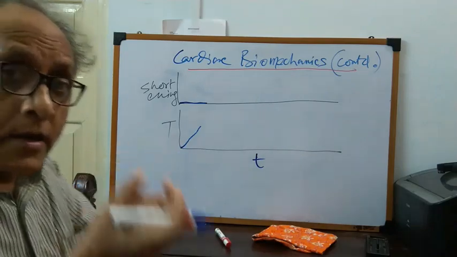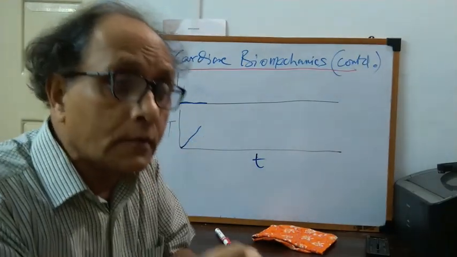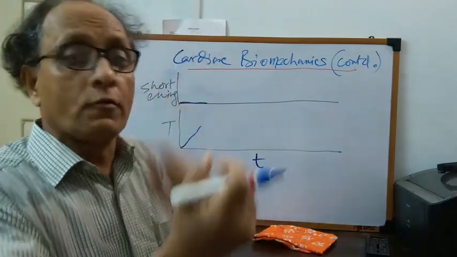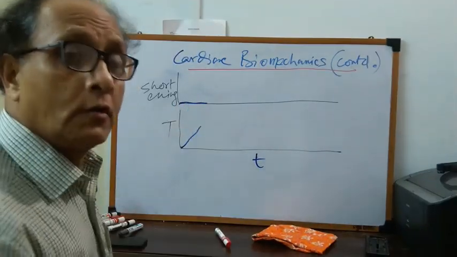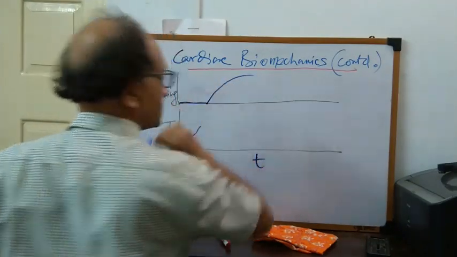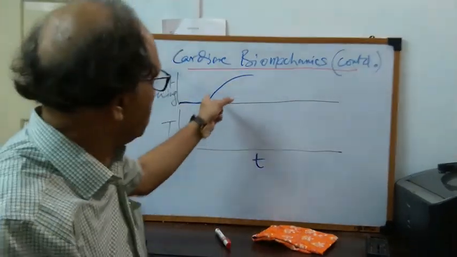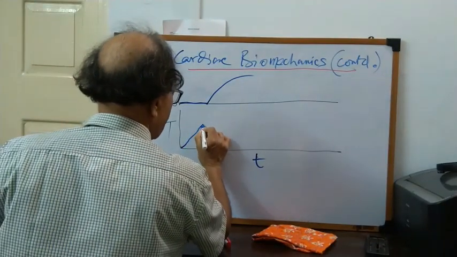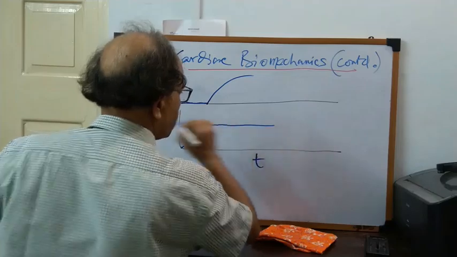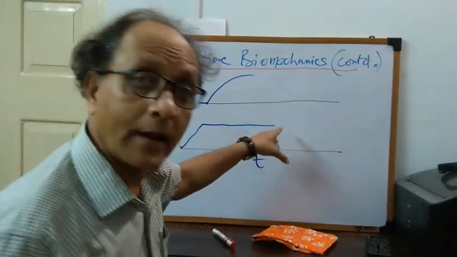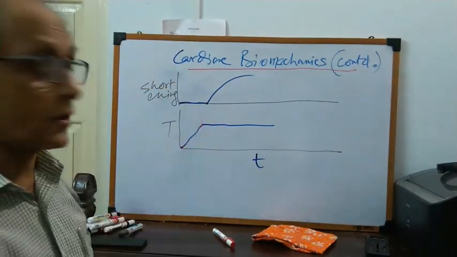Now when the tension is adequate, leading to enough force generation, then the load will be overcome, and once the load is overcome, there will be shortening. The lever will be pulled, there will be shortening, but at that time the tension becomes unchanged. So tension becomes plateau. So this is a very, very important diagram.